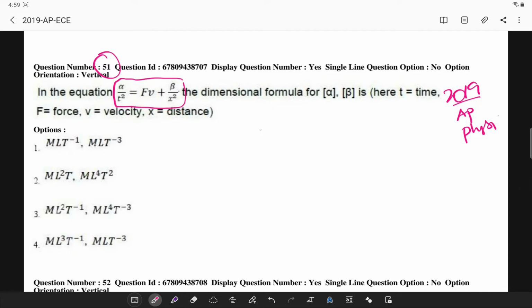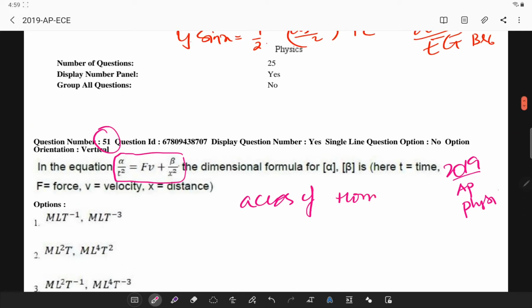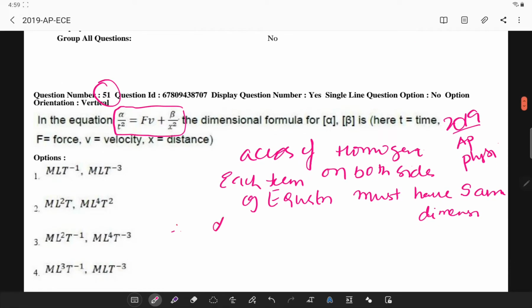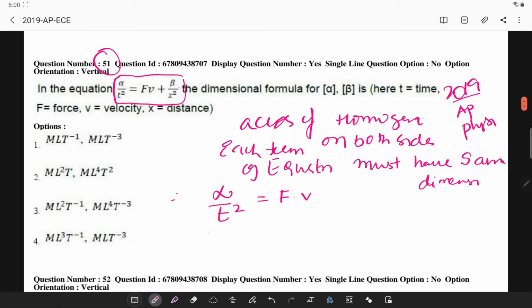So here, according to the principle of homogeneity, each term on both sides of the equation must have the same dimension. Therefore, alpha by t square must be equal to F into V, or I can simply write alpha by M power 0 L power 0 T power 2